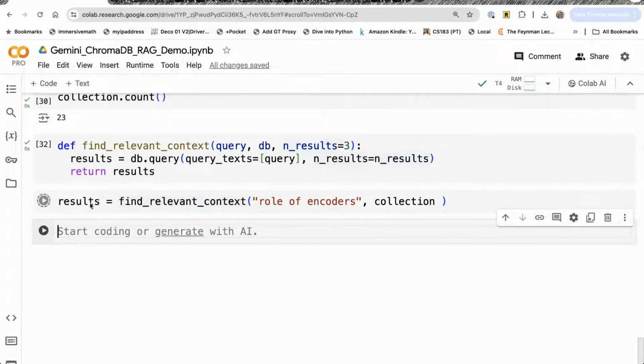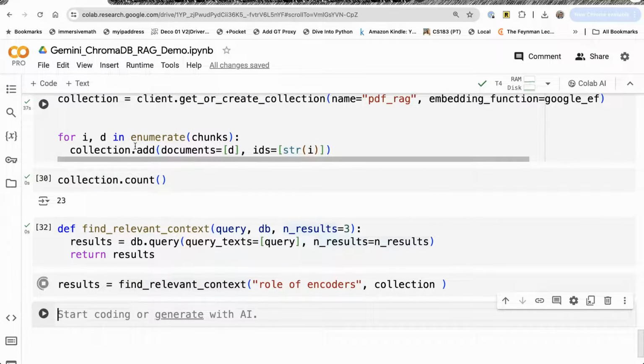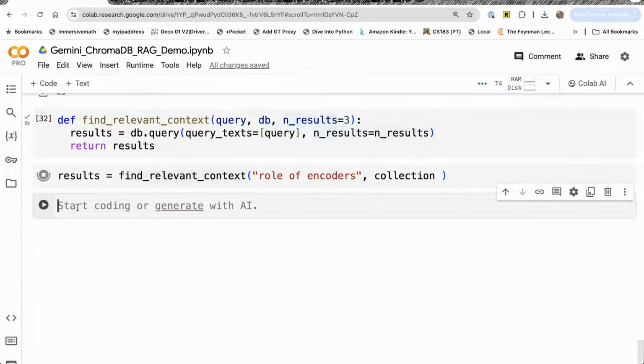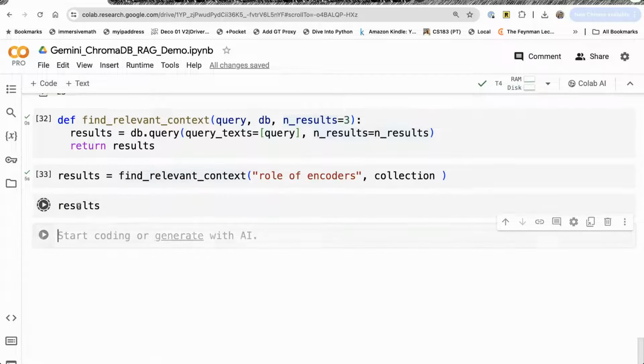Still doing something. Sometimes, because these are shared instances, this can take a little longer. Ideally, for this size database, it should not have taken this long. And now, if we look at results, you can see